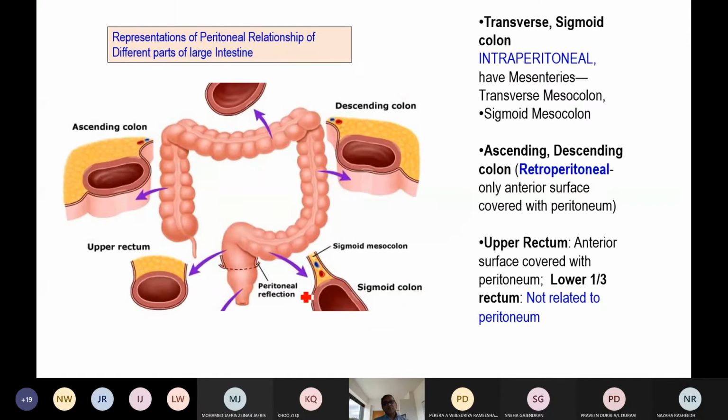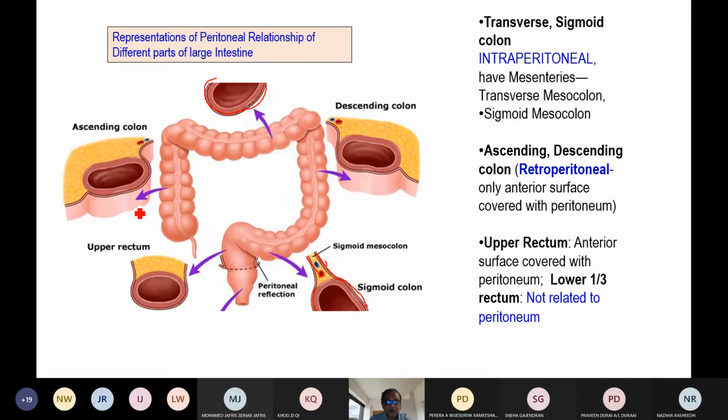If you look now at the peritoneum, I already told you that if you look at the feature of the sigmoid colon, this is the mesentery which is enveloping the whole of the sigmoid colon, forming the sigmoid mesocolon. Similarly, the transverse colon is enveloped wholly, forming the transverse mesocolon, connecting it with the anterior border of the pancreas. But two important parts, the ascending colon and descending colon, you can see that there is no mesentery.